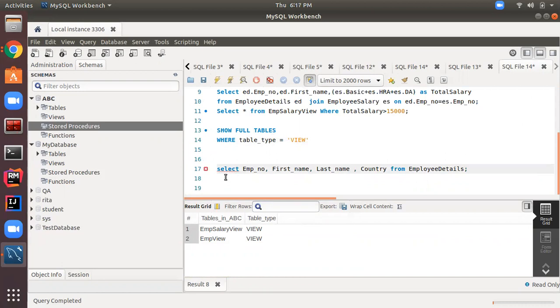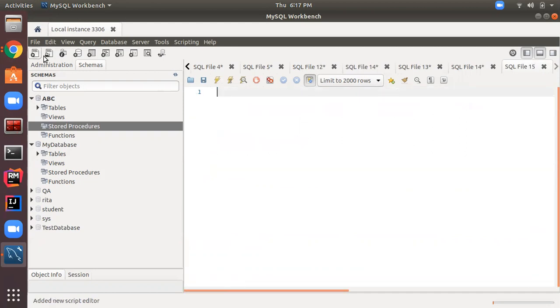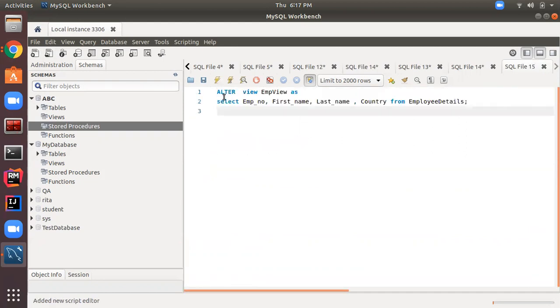It's giving an error, so let's delete it and write it in another tab. Sometimes it throws an error. Okay, so this is our command, and here it's not throwing any error.